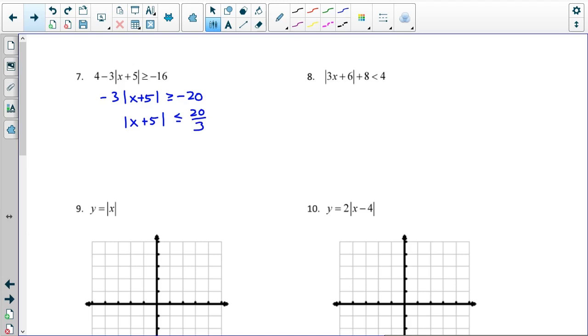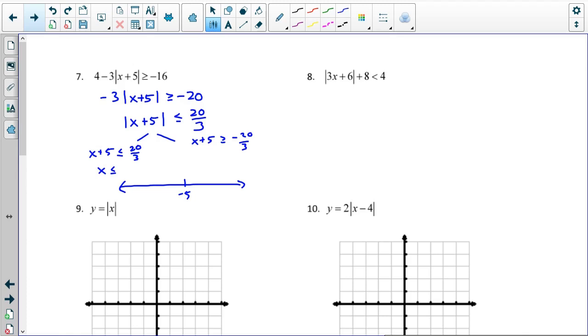So my center is at -5. Then my distance is 20/3. So 20/3 is about 6, or it's exactly 6 2/3. So that's something to keep in mind. So I have x plus 5 is less than or equal to 20/3, and x plus 5 is greater than or equal to -20/3. So when I subtract 5 from this one, I get x is less than or equal